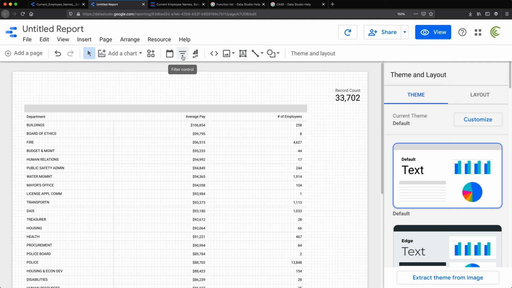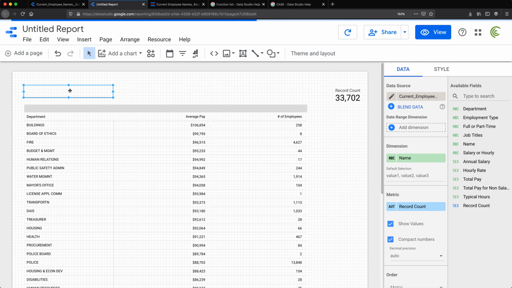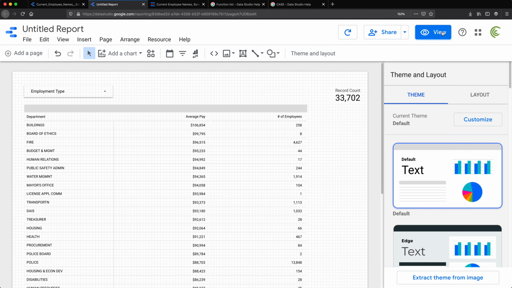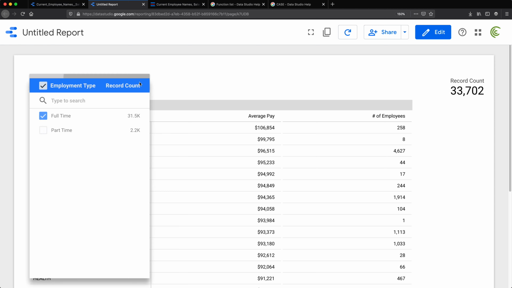And for that, we're going to go here on top and do a filter control. I'm going to go here and put that filter in here someplace. Now we're going to have to choose the column by which we're filtering this. And that's going to be that new column, employment type. So right now, see, if I go to view the report, there's going to be this filter. If I open this,